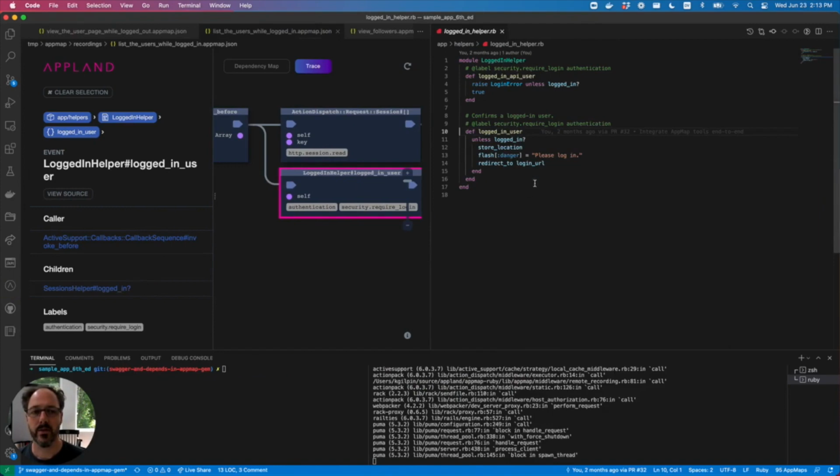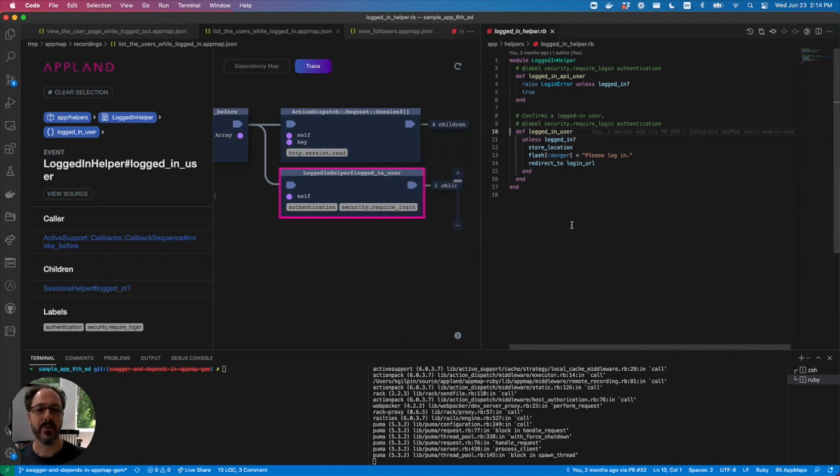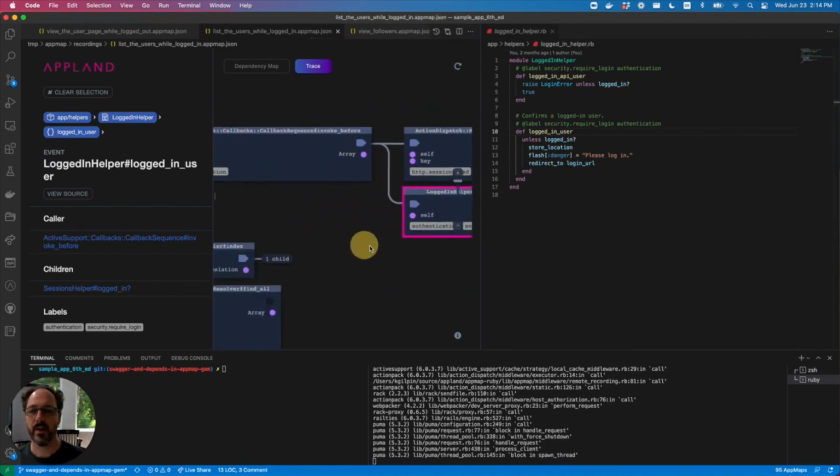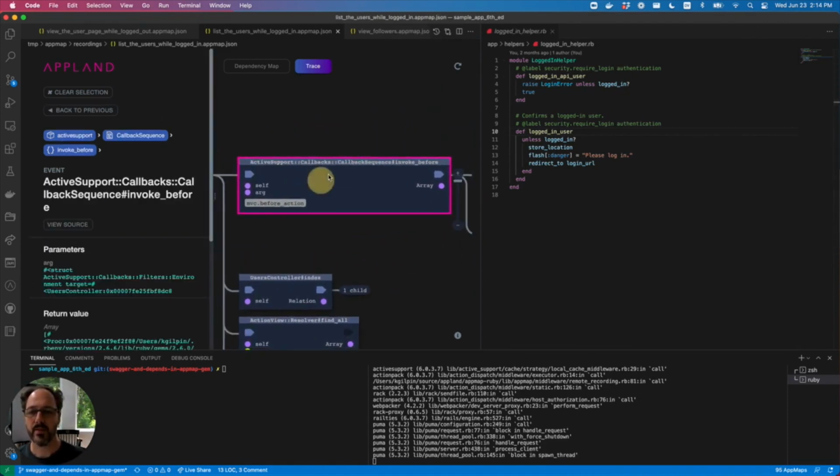Let me hide this view. So the job of the logged in user function is, unless the user's logged in, store the location, put some data in the flash, and then redirect to the login page. That seems like pretty reasonable behavior for a logged in user function. Now I just want to find out where that came from, and if I step up to the parent,